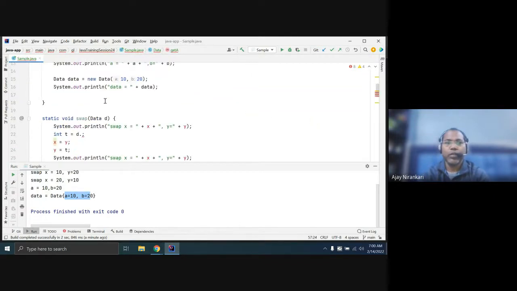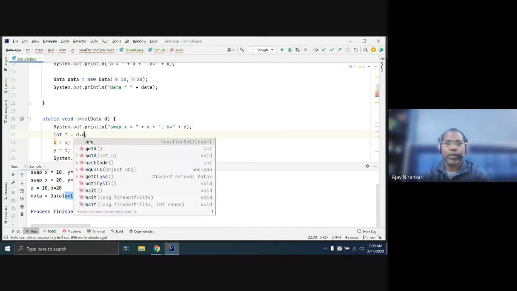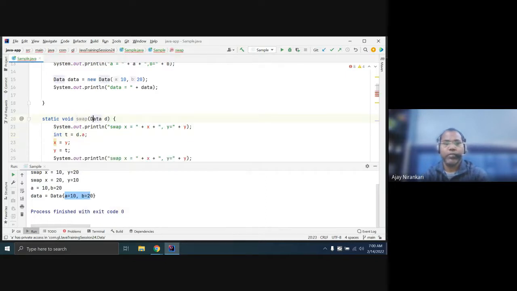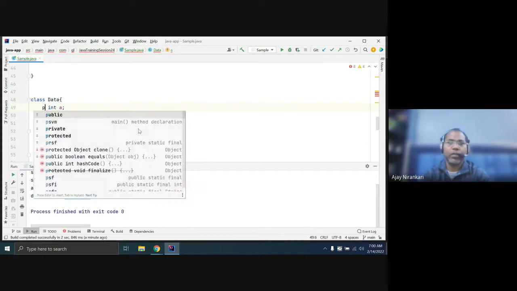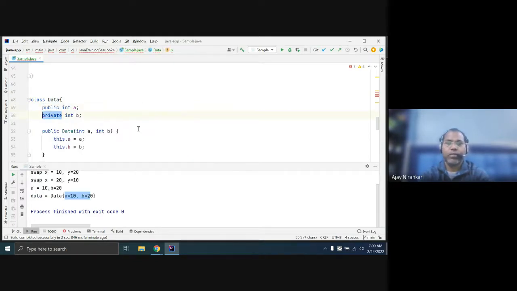In this swap method, I want data dot get a value. The best option should be like that, but for the time being I just make a public so that you can easily see what happened.